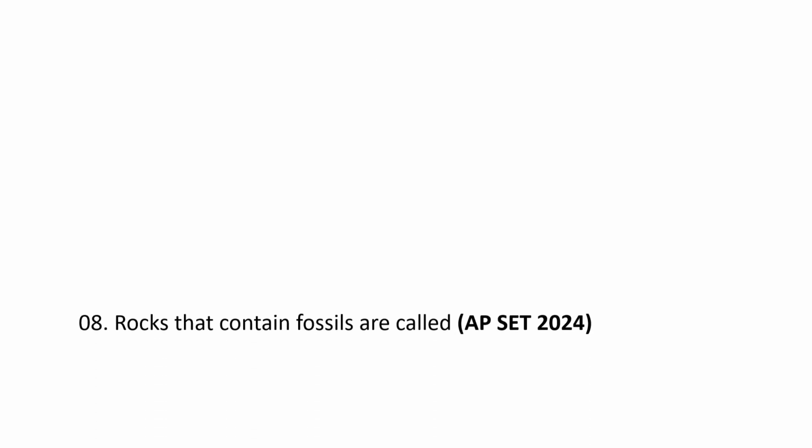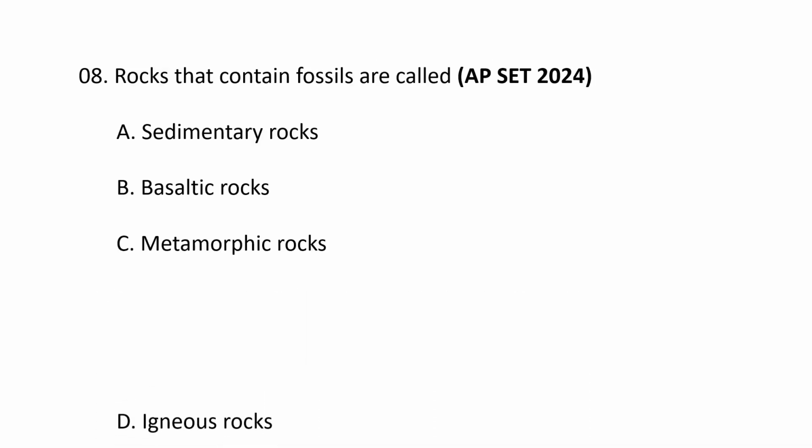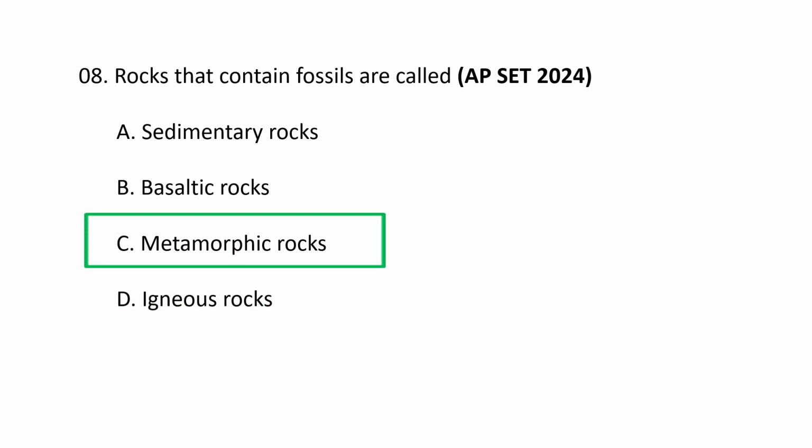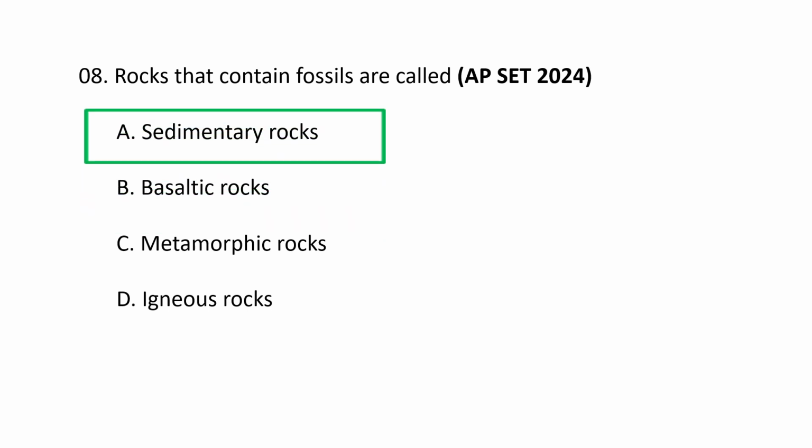Next question. Rocks that contain fossils are called A. Sedimentary rocks, B. Basaltic rocks, C. Metamorphic rocks, and D. Igneous rocks. Obviously, rocks that contain fossils are called sedimentary rocks. These rocks are formed by the accumulation and cementation of sediments, which can include the remains of plants, animals, and